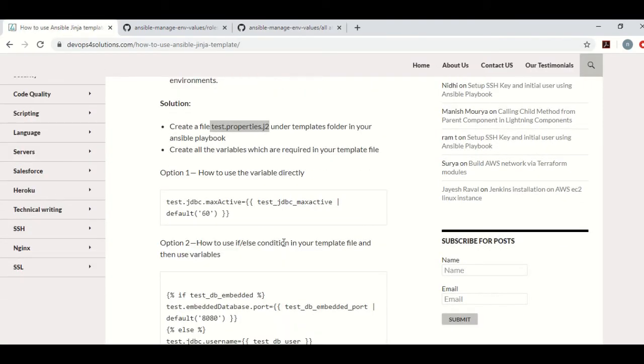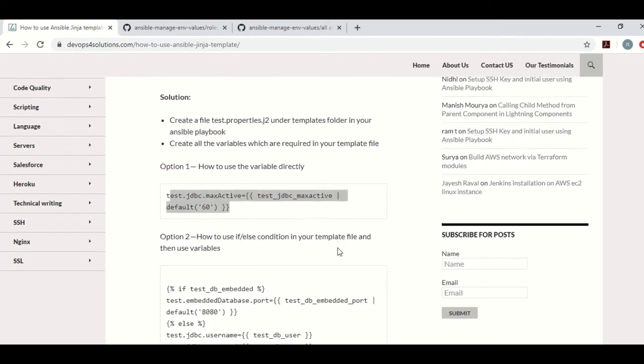So let's see how you can create the template files. For the variables, where you just want to use the variables directly, this would be your variable name, basically whatever is in your properties files. Like in the wrapper files, you would be having some wrapper.java.command, so it would be the same according to your application. And the values could be anything, and this value will come from your config files according to the environment. So this is how you can use the variables directly.